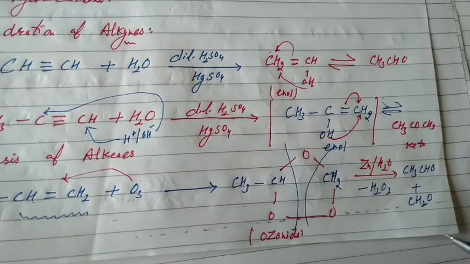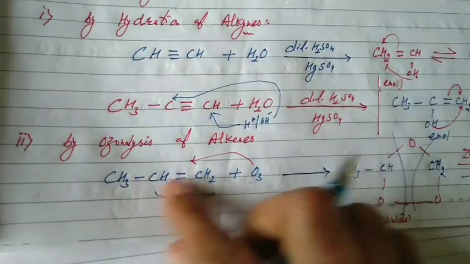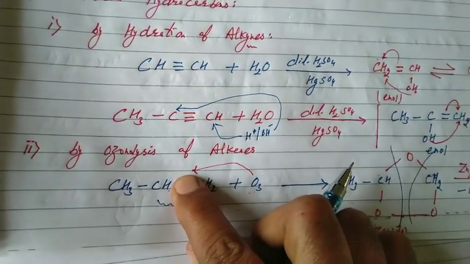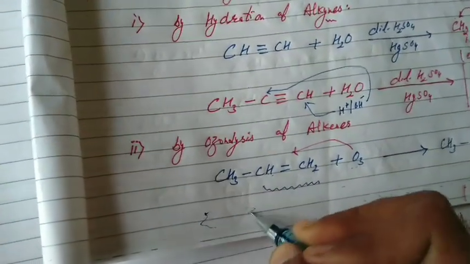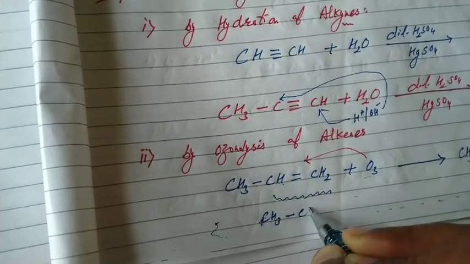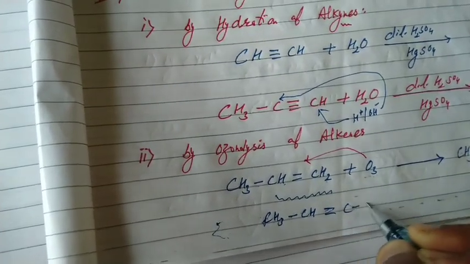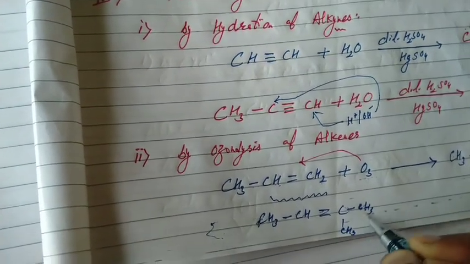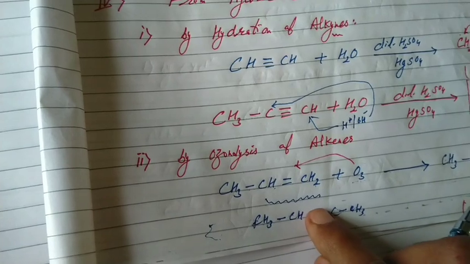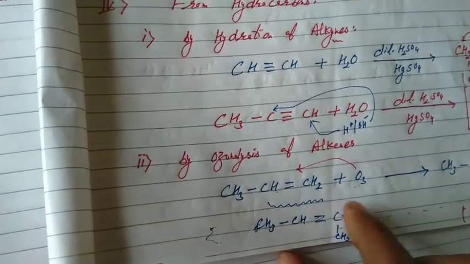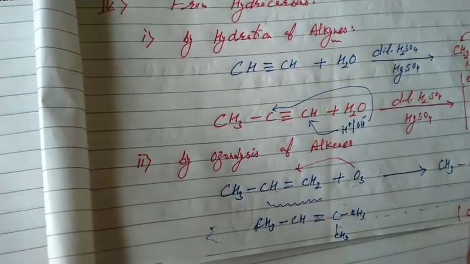Ozonolysis of an alkene always gives carbonyl compounds. It is clear, students, it is an alkene. What are the products? We can easily indicate from this: CH3CHO plus CH2O. Attach oxygen atoms, break the unsaturation. What are the products of this ozonolysis reaction? Please do it by yourself. CH3CH double bond C(CH3)CH3. Breaking the unsaturation, we get CH3CHO plus CH3COCH3.